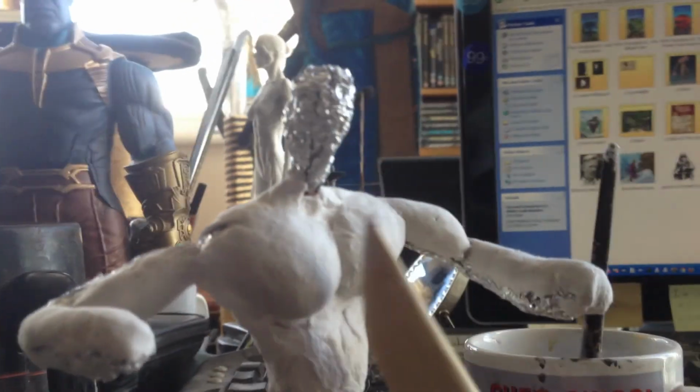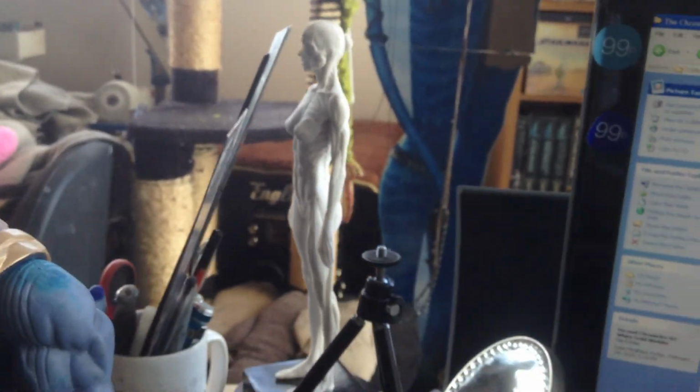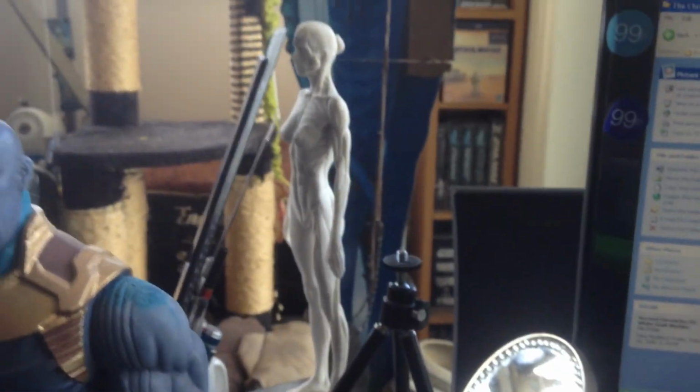But yeah, so I'm basically just doing this. And I've got my Thanos there, just to get a bit of muscle groups in the right places, and also my female muscle skeleton body thing that I'm using as well. I could have had a male one, I suppose, but I don't want a naked male man standing in my room, thank you very much. But anyway,